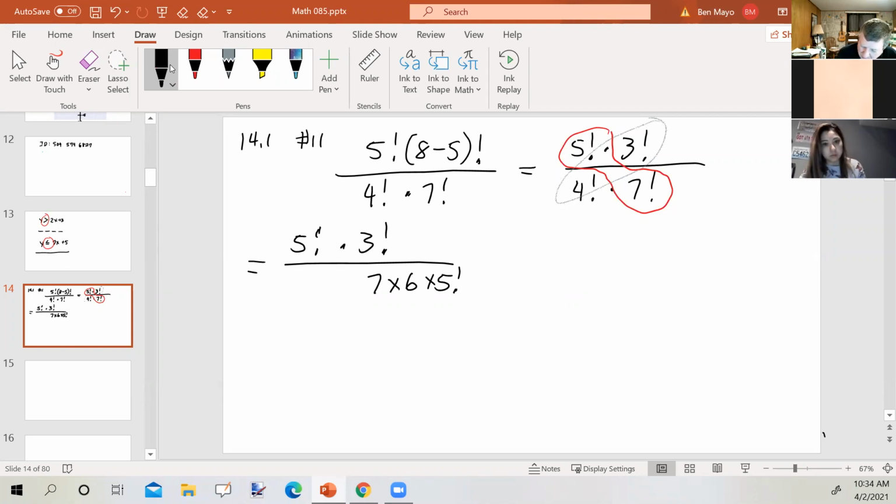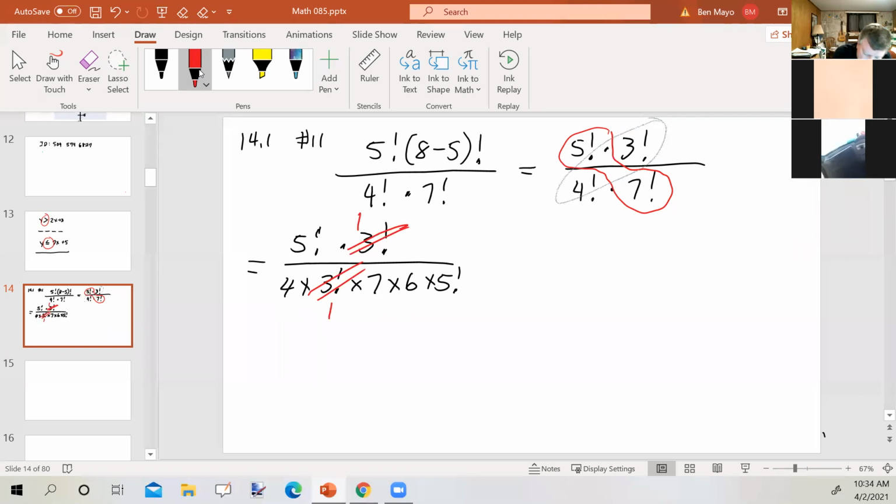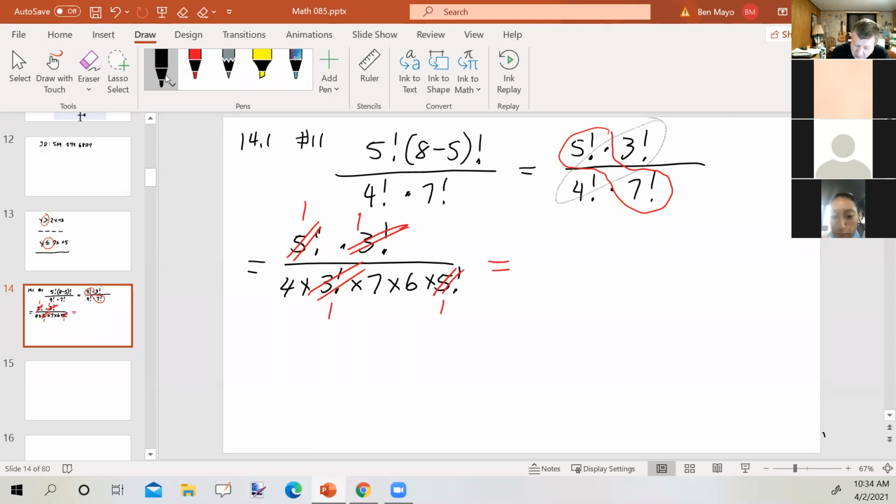3 factorial on top, I'm going to take 4 factorial and write it as 4 times 3 factorial on the bottom. By doing that, I'm able to reduce out the 3 factorials, that is, reduce them down to 1 over 1. They don't cancel, they don't disappear, they reduce down to 1 over 1. And the 5 factorials reduce down to 1 over 1. So now in the numerator, I have 1, and in the denominator, I have 4 times 7 times 6. So now I'll go to my calculator, and 4 times 7 times 6 is